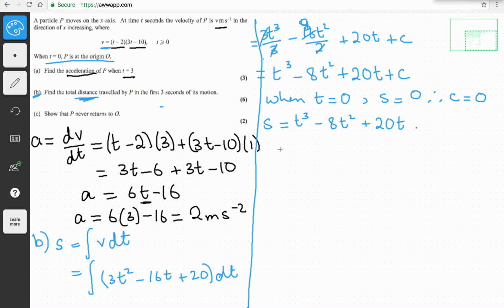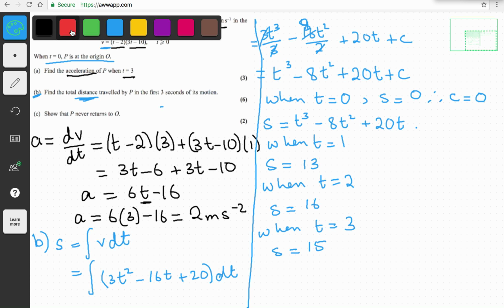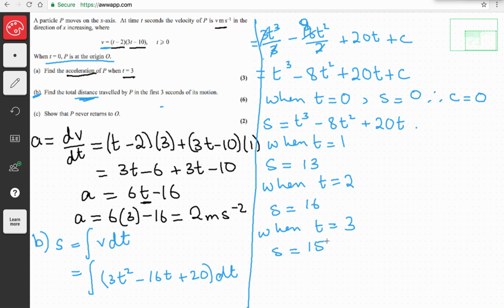So for that, when t equals 1, we need to find what s is. The displacement at that time is 13. And when t equals 2, the displacement is 16. And when t equals 3, the displacement is 15. Now look, the displacement at t equals 3 is actually less than the displacement at t equals 2,